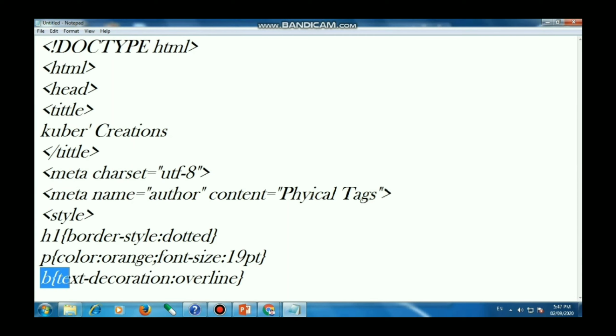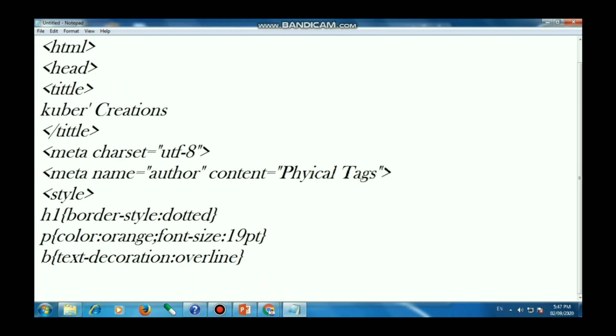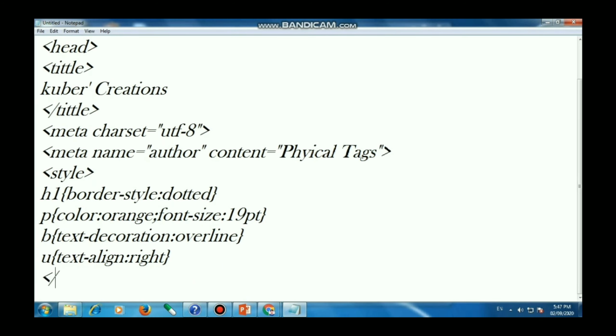Then b in brackets, text decoration overline. Then u in brackets, text align right, as I want text on my right hand side. Then close the style tag.